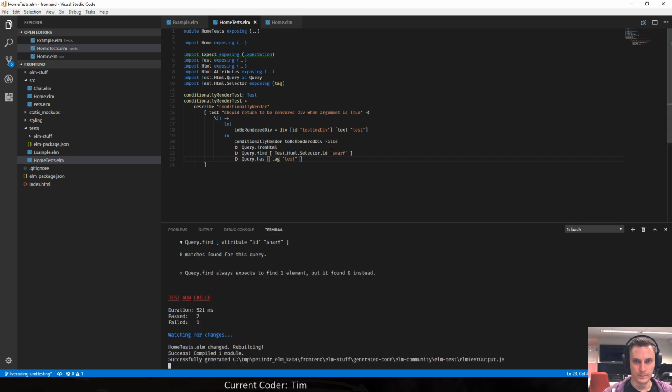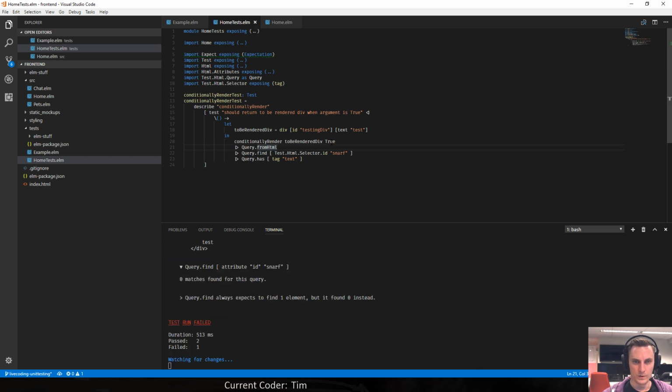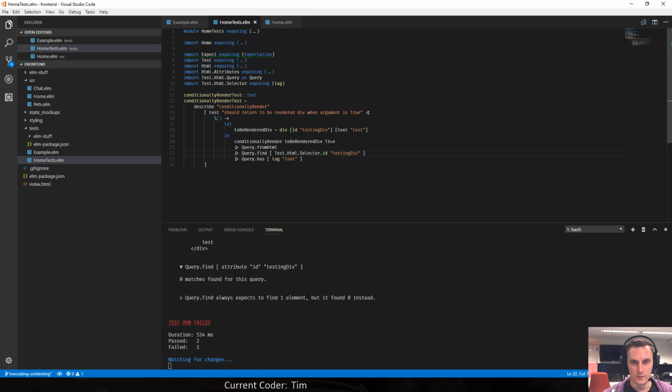Okay. Okay, so now it triggered on this thing for some reason. Oh yeah, and it cannot find any testing div either because this thing is not wrapped inside another div.